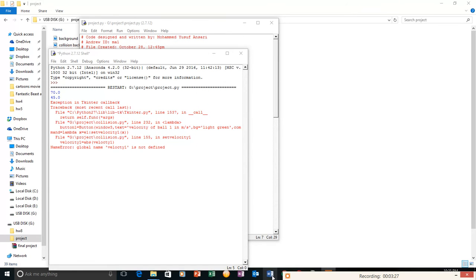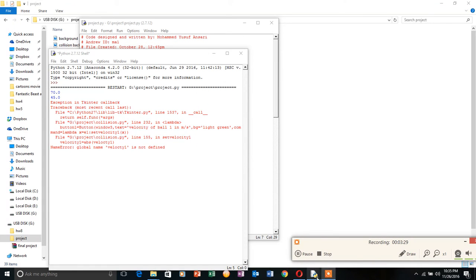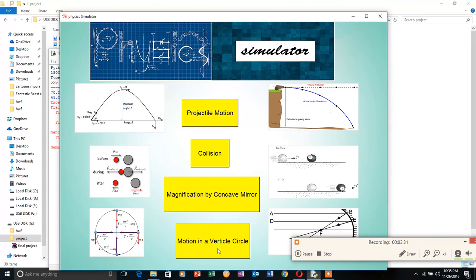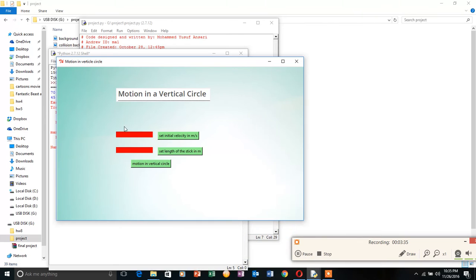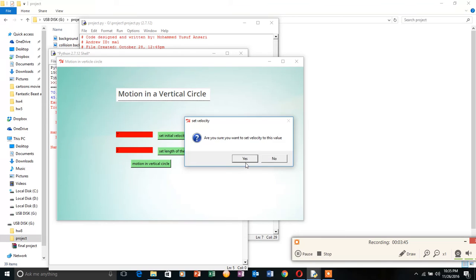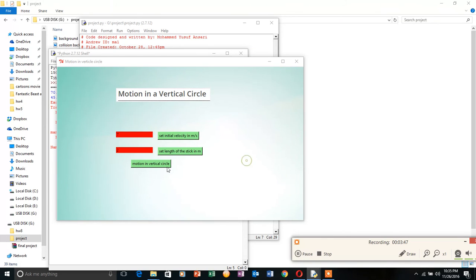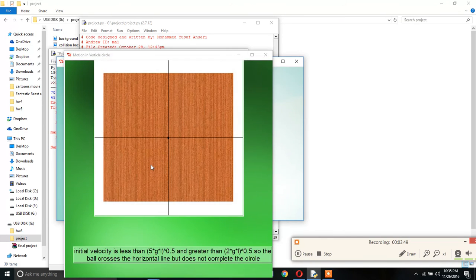And the final experiment is the motion in the vertical circle. Once I run the code, it asks us for the velocity of the ball, let's say 7 meter per second, and 2 meter be the length of the stick. And then once we set the values and run the code, it shows us the board on which there's a